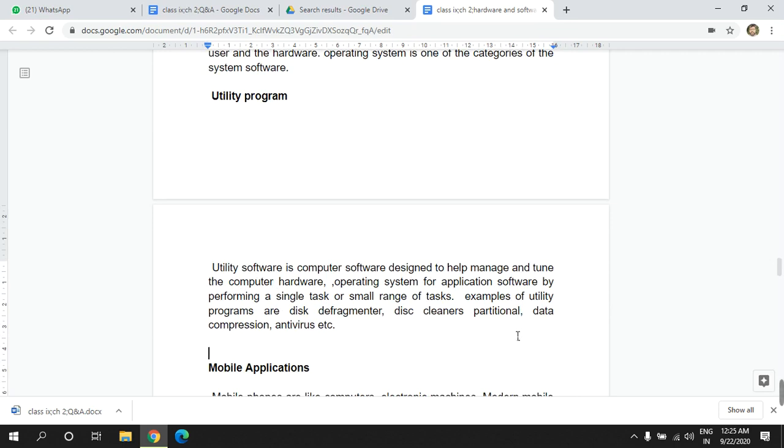Examples of utility programs are the disk defragmenter, disk cleaners, data compression software, antivirus software, ScanDisk, and many other software used for enhancing the performance of the computer system as well as maintaining the computer so that it can work properly.